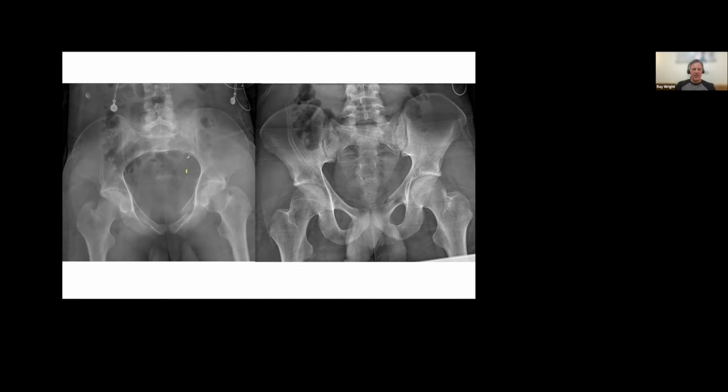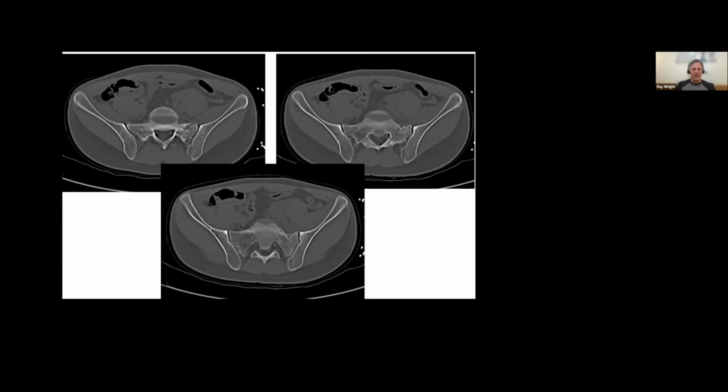I think on this inlet view, you can see a little bit better this extraforaminal sacral fracture that appears to me to be complete through this injury. And we see that very same issue here: not only is it complete, but this fracture line exits right about at the level of the L5-S1 facet. And then what you can't appreciate on the plain films is this iliac injury posteriorly.